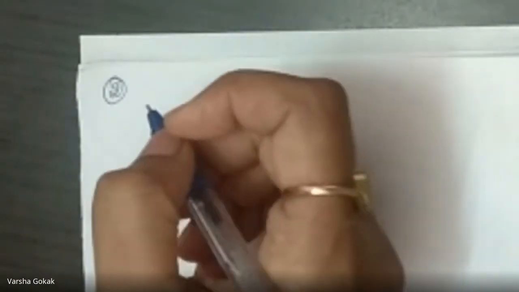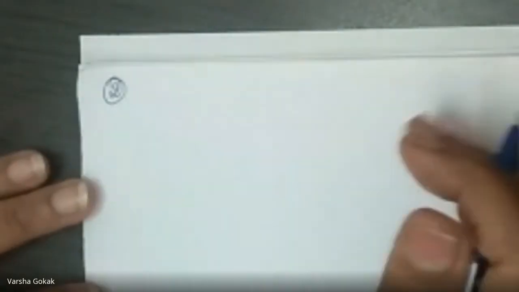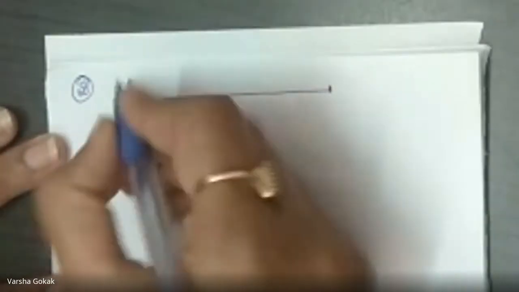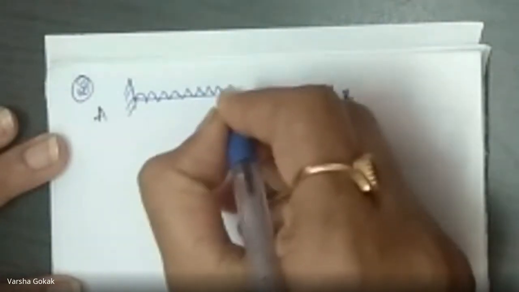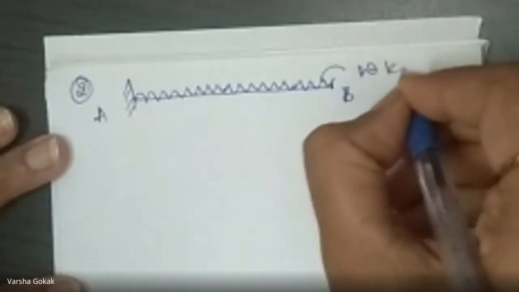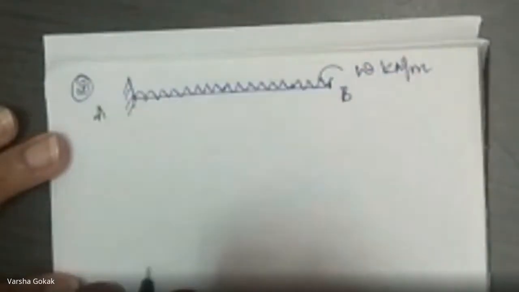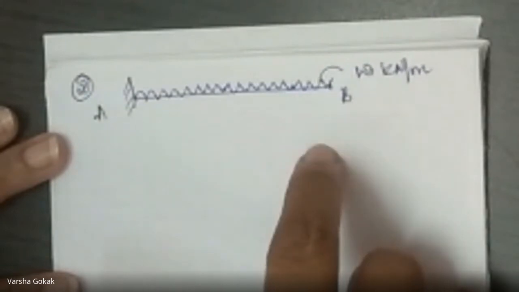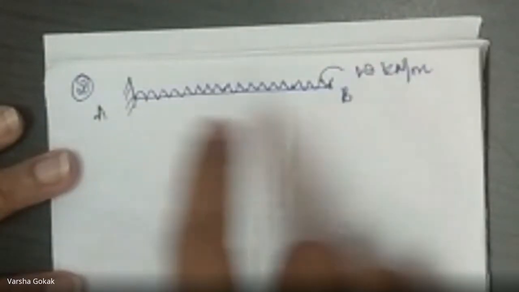So we will take up the next one. First, we took a cantilever beam with a point load. Today we will take a cantilever beam with a UDL. So a cantilever beam like this. This is support A, this is support B. It has a UDL throughout like this. The UDL is w kilonewton per meter, or w per meter, it is of your choice. The cantilever beam is loaded with a UDL as shown in the figure. We have to calculate the slope and deflection at the free end.